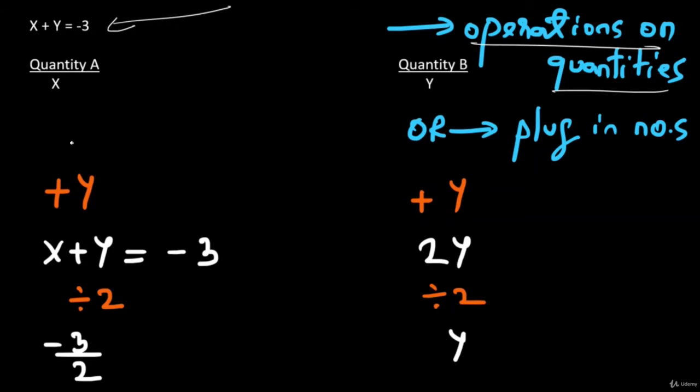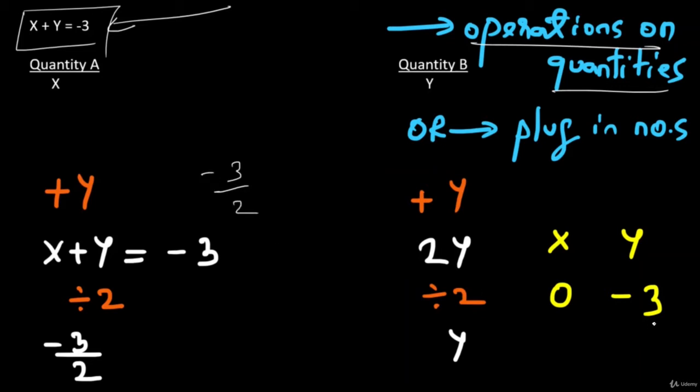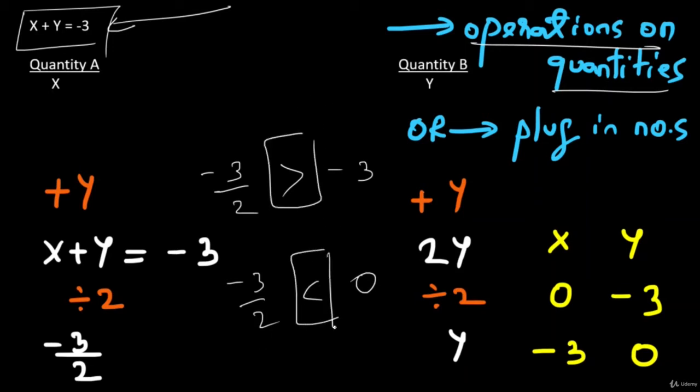Now when I choose values for x and y, all I need to remember is x + y has to be equal to minus 3. There is no criteria other than this given, right? So definitely the answer will be D. Let me show that to you. If I take x as 0 and y as minus 3, it satisfies the given criteria, right? In this case, you can see that I have minus 3/2 as quantity A and minus 3 as quantity B. In this case, quantity A is greater than quantity B. What if I take x as minus 3 and y as 0, right? That is also possible. In this case, I have minus 3/2 and 0 is greater than minus 3/2. So the relationship is not constant, it's varying, right? Therefore, the correct answer to this question is option D.